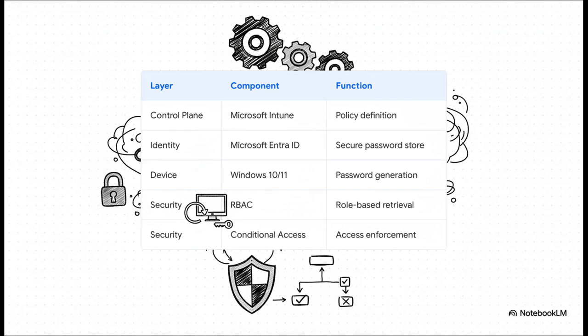I think this slide does a great job of showing how all the pieces of the puzzle fit together. You've got Intune at the top, the control plane, setting the rules. Microsoft Entra ID is your identity layer, that secure vault we talked about. The Windows device itself does the actual work of creating and changing the password. And then, wrapped around it all, you have security layers like RBAC and conditional access, which control who gets the